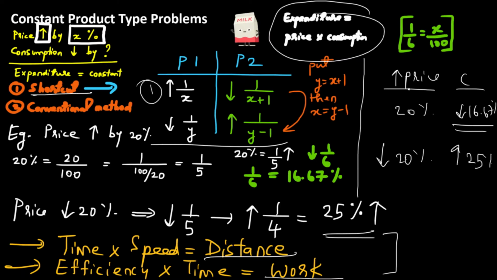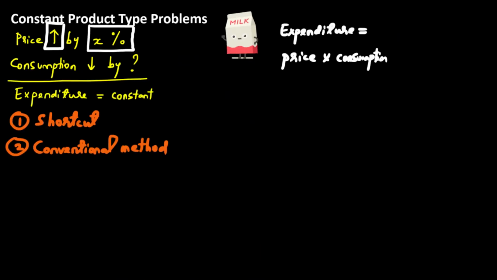of approaching it, where you assume 100 and then you make the change and then you try to get back to 100. We have seen both these approaches. Now let's also discuss the conventional method quickly, and I recommend that you should not be using the conventional method because the initial methods that we discussed are much faster. But just for a deeper understanding, let's quickly also think of the conventional method.